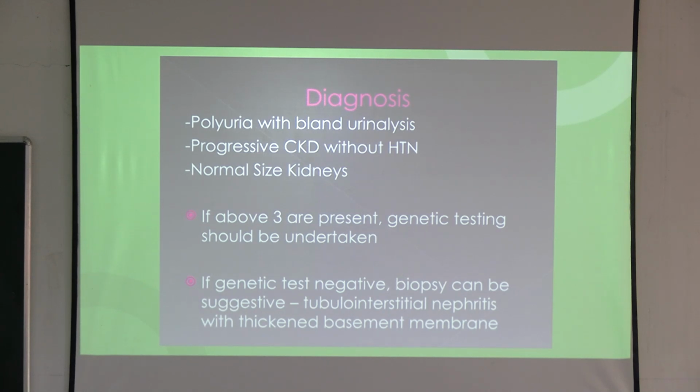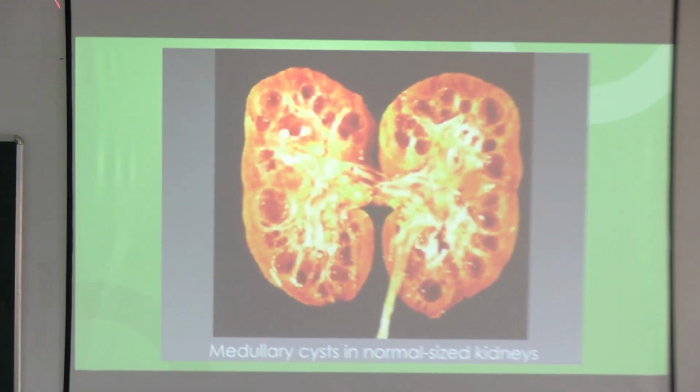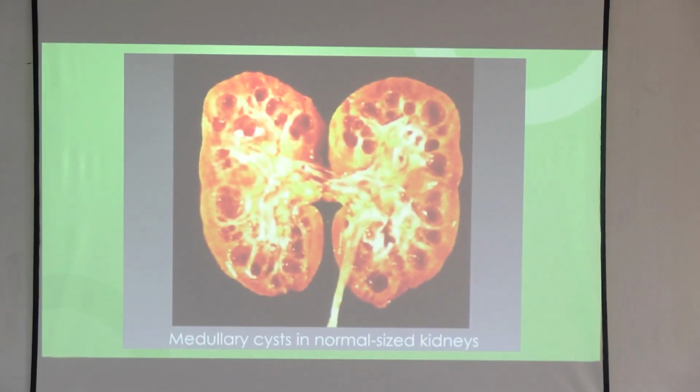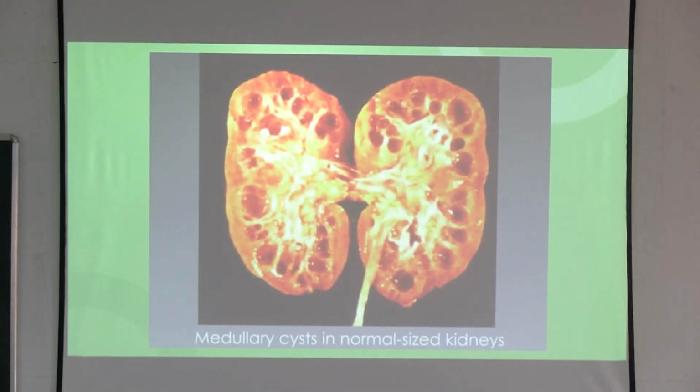If above 3 are present, genetic testing should be undertaken. If genetic test is negative, biopsy can be suggestive. So gold standard of diagnosis is biopsy. Like medullary cyst in normal sized kidney, another disease, medullary cyst in normal sized kidney, nephrophthisis er pore medullary cyst দেখেছিস, মাল্টিপল নাম্বার অফ সিস্ট, মেডুলা দেখ।